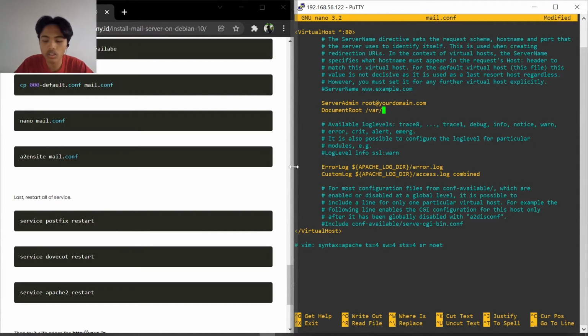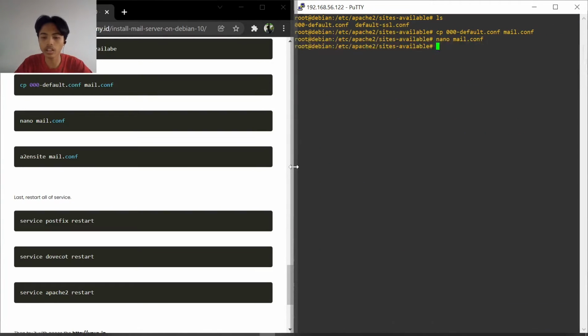Document root, this is the important one. You point to /var/lib/runcop here, and server name you activate it, and you change www.example.com to your IP 192.168.56.122.